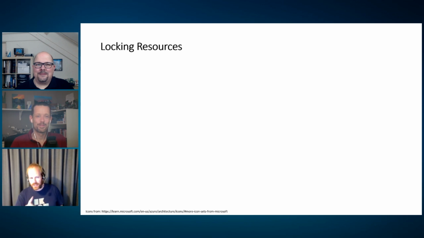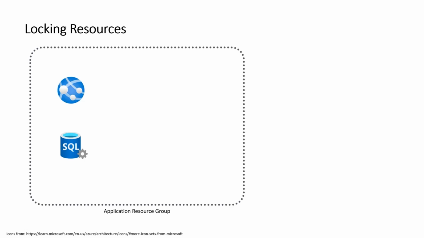Going back to deployment stacks, there is one more interesting feature that I want to point out, and that is that it is possible to lock a stack. There is a very typical scenario for that. Let's say that I'm working in an application team, and I have my resource group where I'm going to deploy my resources. Let's say an app service and a SQL DB. And being a little bit security conscious as I am, I want to attach those to a private network and make sure that my SQL DB can only be accessed by my app service. And if I want to access it myself, I want to do it over the private network of the company.